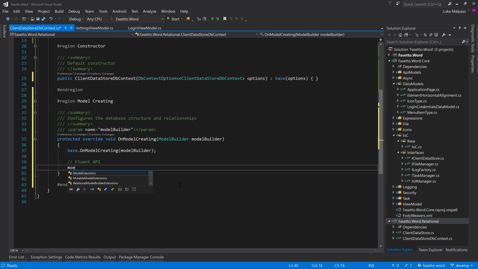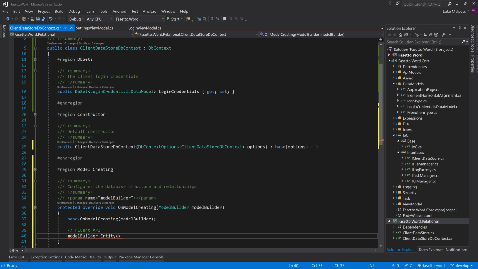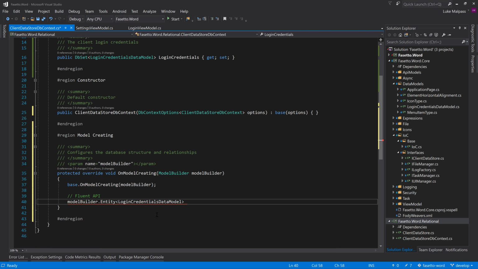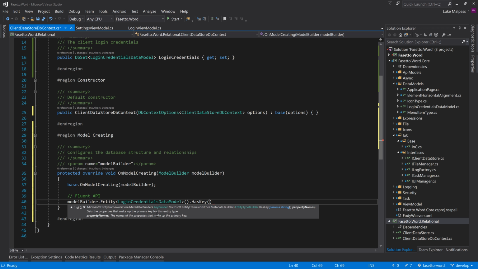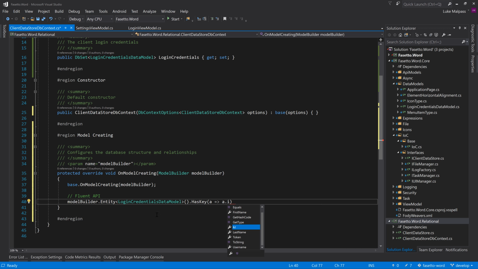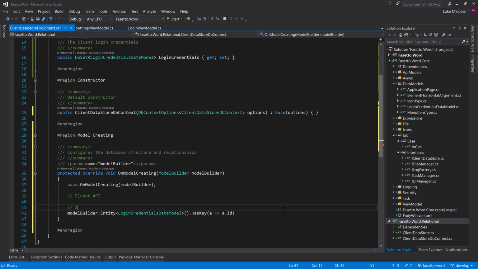Because of the things I've just mentioned, instead you'd do it here, and to do it you just simply type modelBuilder.Entity, and then you pass in the type of the DbSet, so in this case this, and now you can configure it. So like HasKey, it's like setting up a unique key, primary key. So for that you'd say HasKey, and then you just have an entry and you'd pass in the ID column. So this is now an instance of the login credentials data model, and you're telling it which property has got the key. So there you go, you configured set primary key on login credentials,